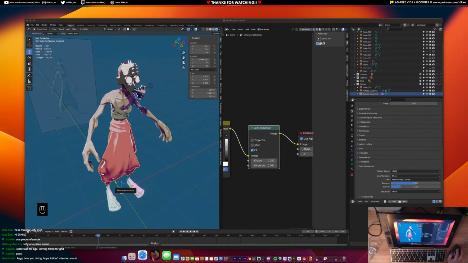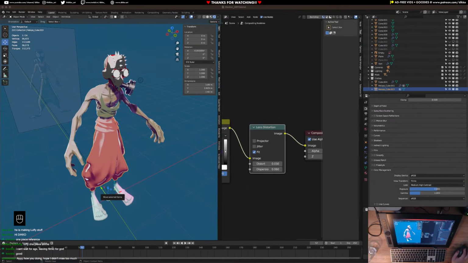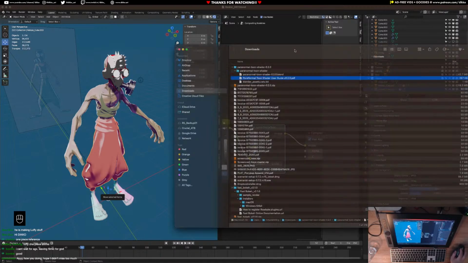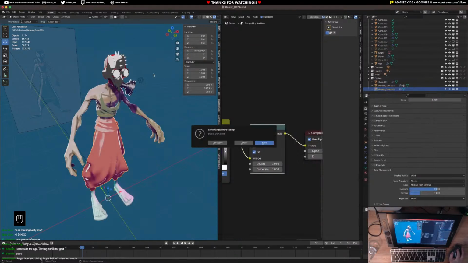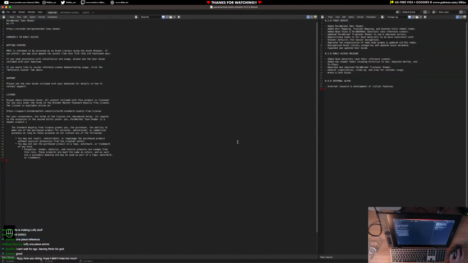Yeah. So we got the file. I think I got the file downloaded. Yep. Let's check it out and see what comes in the packet. Okay, sweet. There's a user guide and there's some assets. So I think I just have to open up the shader. So, yeah, that's great. Yeah, Uber shader, which is awesome. All right, sweet. So I think all I need to do is